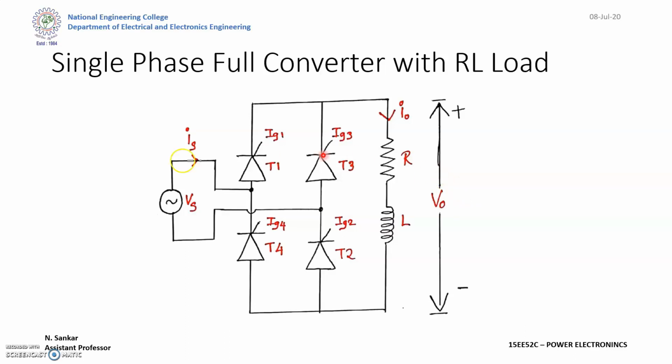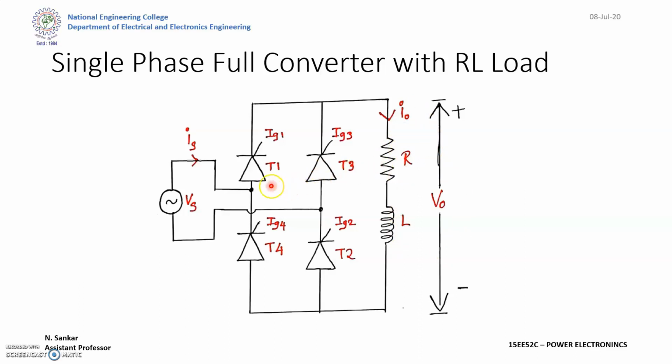So the main aim was to convert the AC power into DC power. So in a controlled converter, the output DC power is adjustable or controllable. So by varying the triggering pulses of any 2 pairs of thyristors, let's say we saw in the previous lecture, like R load, we triggered T1, T2 for one half cycle, and T3, T4 for another half cycle. By varying the triggering point, we can vary the output DC power.